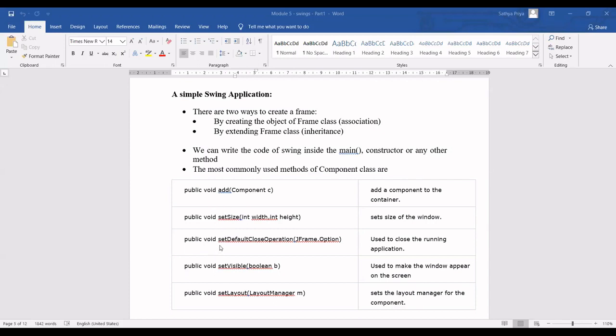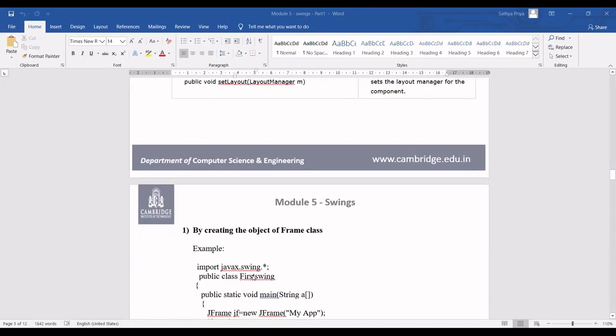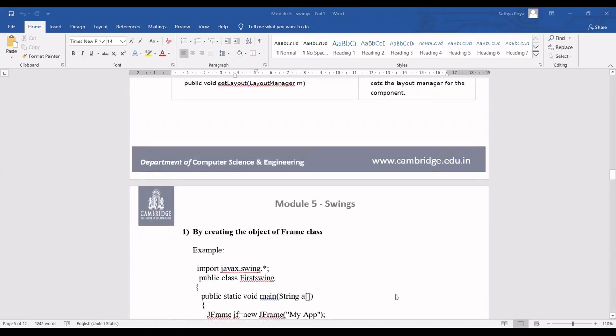Then we can use set default close operation. For the visibility of the window, we will be using set visible. And layout, the arrangement of the button, label, and text box, for all such things we will be using layout. So these are the most commonly used methods in your JFrame. Directly we will start with how to start writing the code.